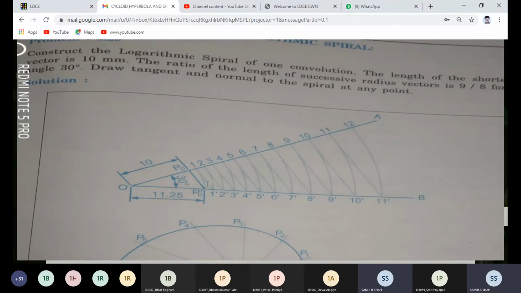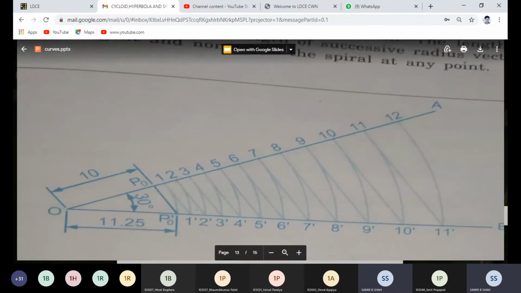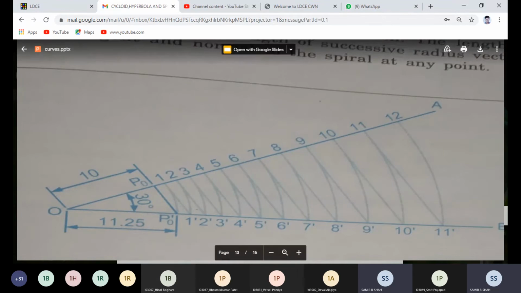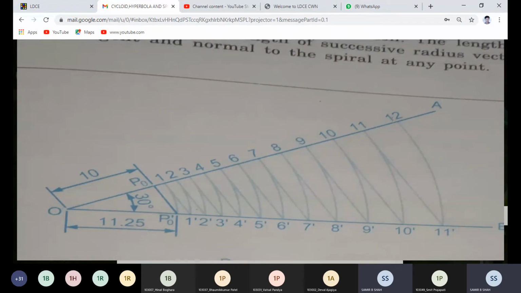So repeat the same thing which we followed. O is the center and O1 dash is now your radius, and we get the point 2. Now from 2 draw the parallel line up to 2 dash. Once again O2 dash is the radius and arc here, so you get 3. Up to getting 12 you have to follow the same process. Repeat the steps for 3, 4, 5 up to 12 on line OE.